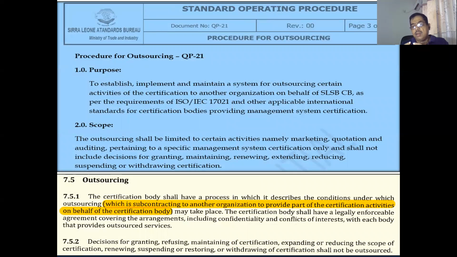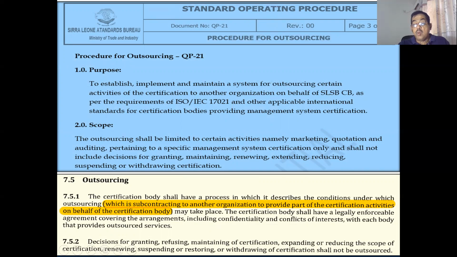You are subcontracting your services to another organization in another country, to provide part of the certification activities on behalf of your certification body. But please keep in mind the decisions of granting the certification to any client, refusing, maintaining, expanding